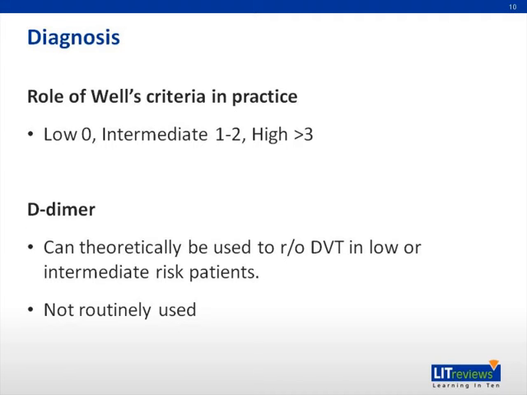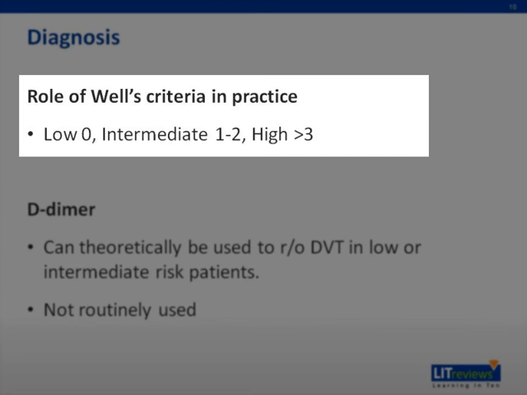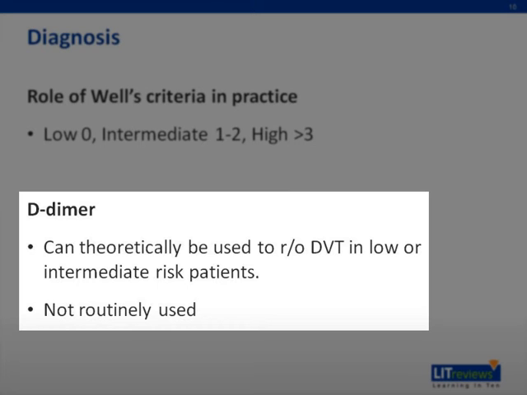So what is the utility of the Wells score for DVT? Essentially, patients are grouped into 3 categories based on their Wells score. Low, your Wells score is 0. Intermediate, you have 1 or 2 points. And high, you have 3 or more points. The significance of this is that a D-dimer blood test can be used to rule out DVT in low or